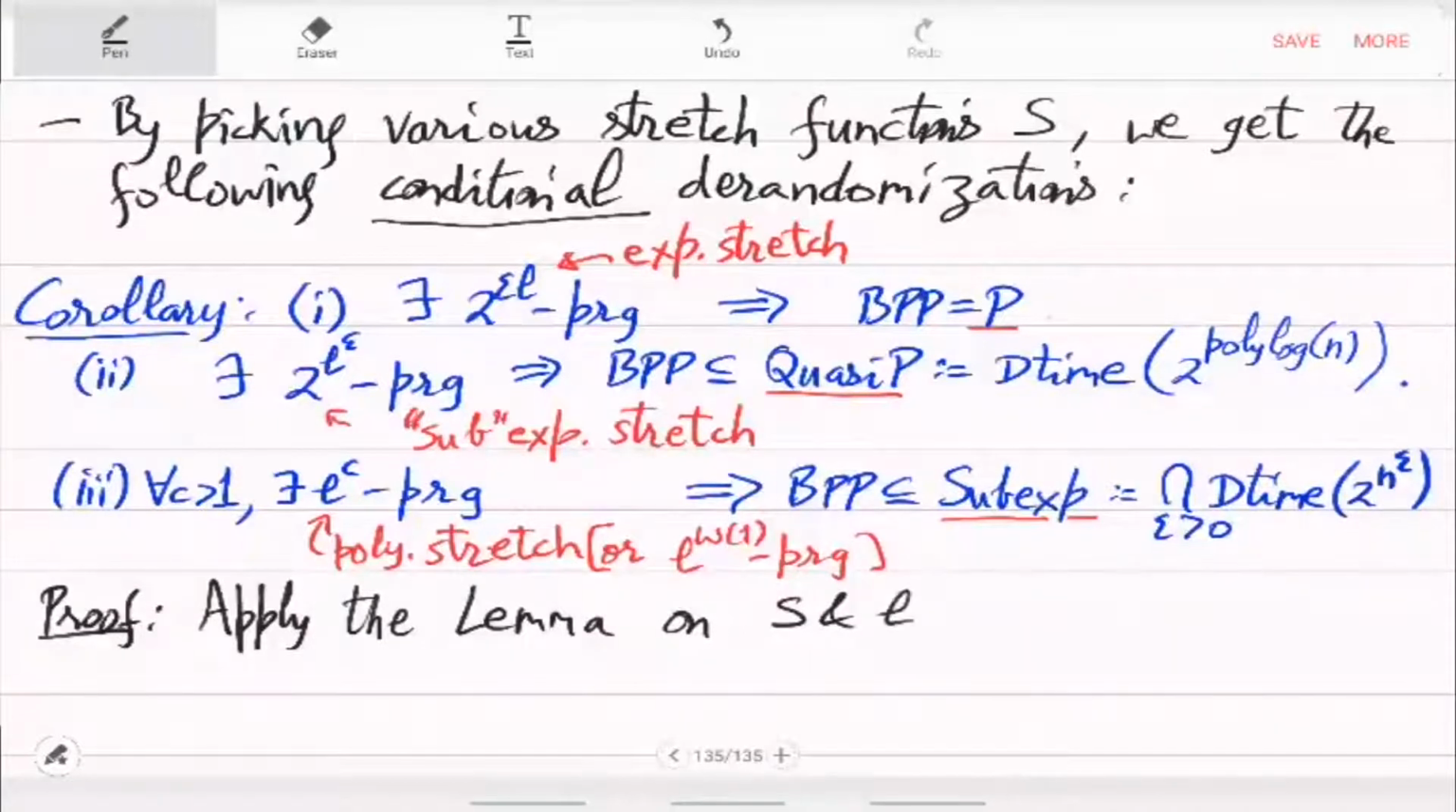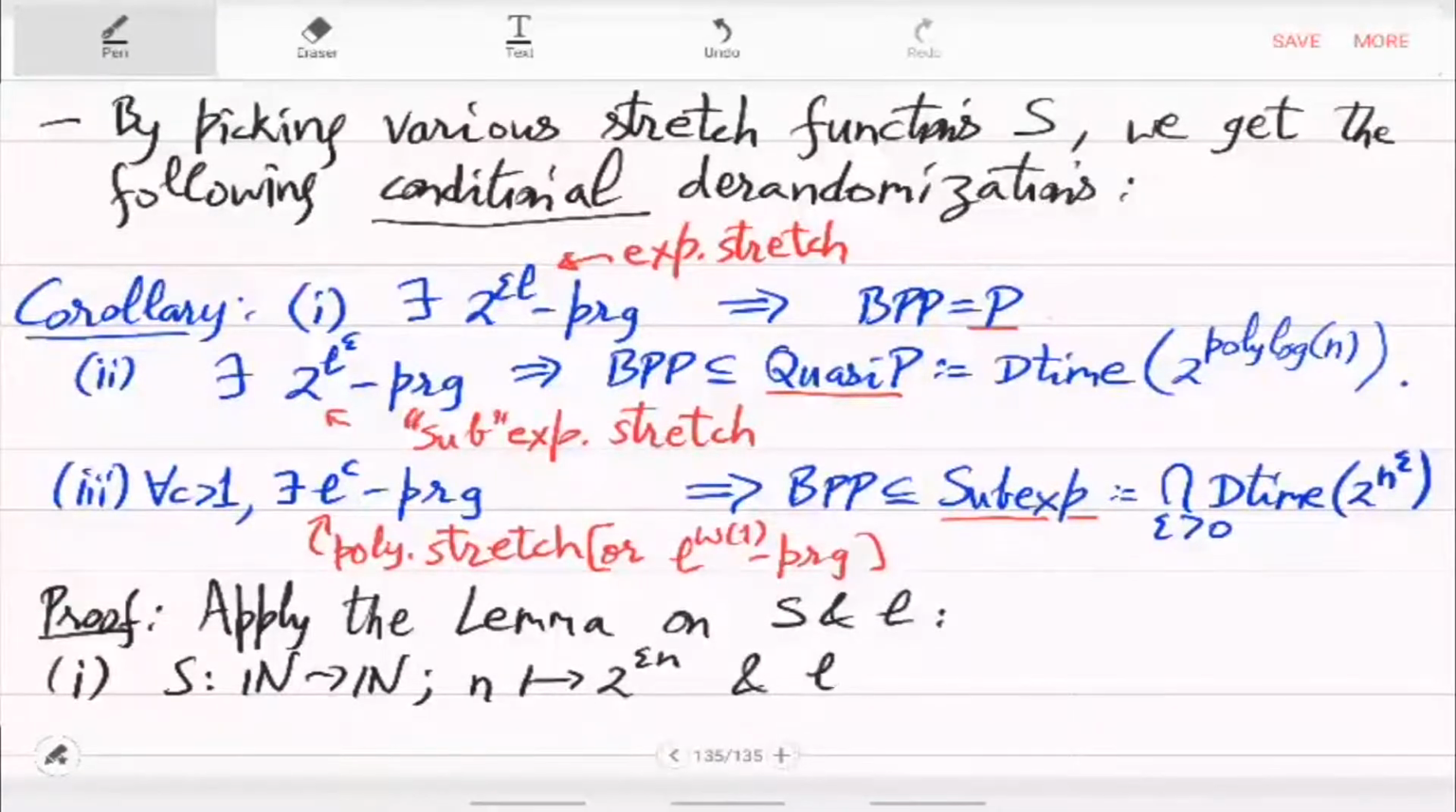On S and L. So first you apply it. S is in this case the function that sends n to 2 raised to epsilon n. Okay, that's exponential. And L is the function that sends n to C log n. Okay, so since you have in condition in this item 1, you are assuming that there is